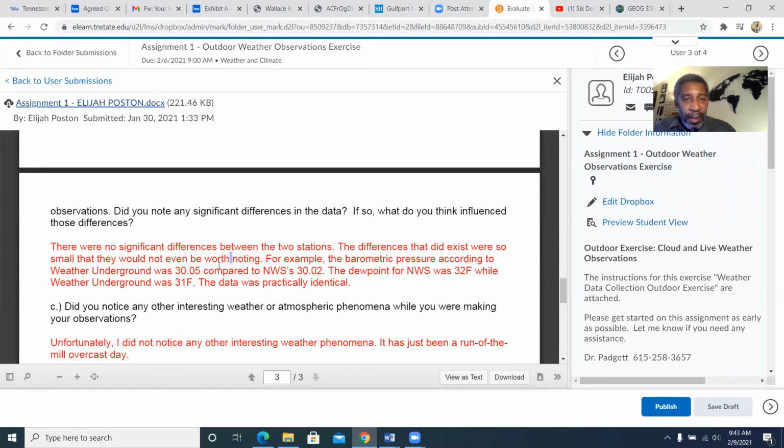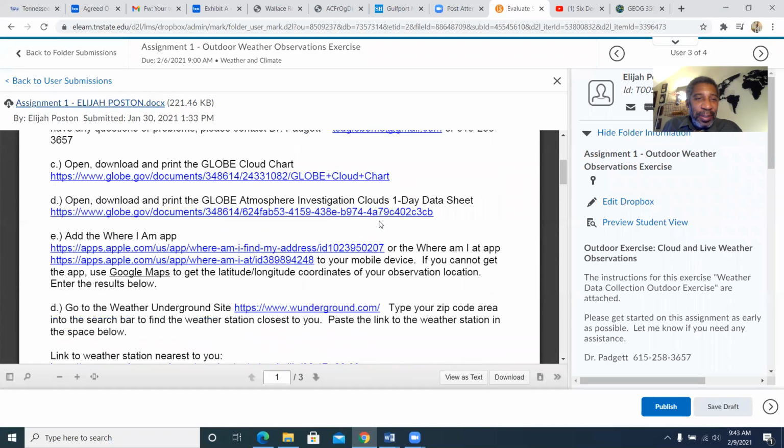So if there were no significant differences between the two stations, of course they were worth noting. I mean, this is a science class, so you should note any data in your answer. So that one is